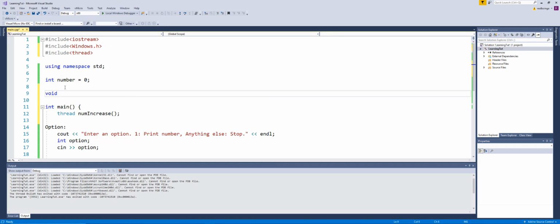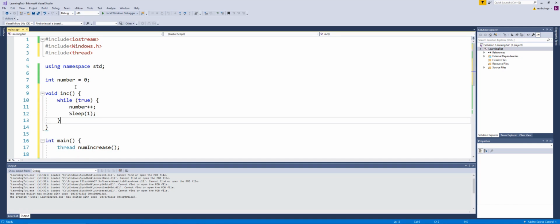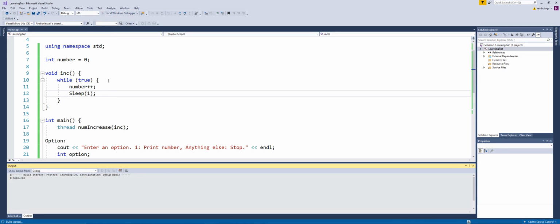We need a function, so I'll just call this inc. Best name in the world. Okay, so now in this we'll just copy and paste this code that we wrote earlier, and now we'll just put an inc right here, no parentheses. So now if I start running this,